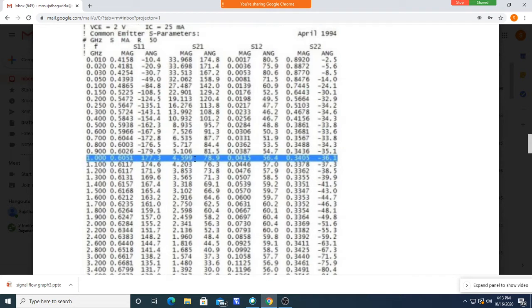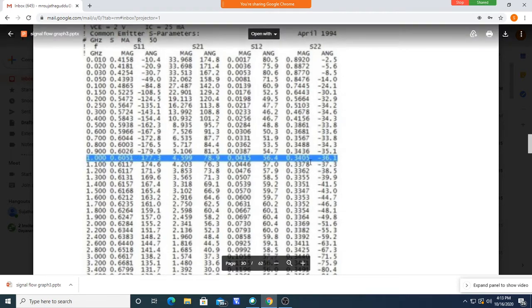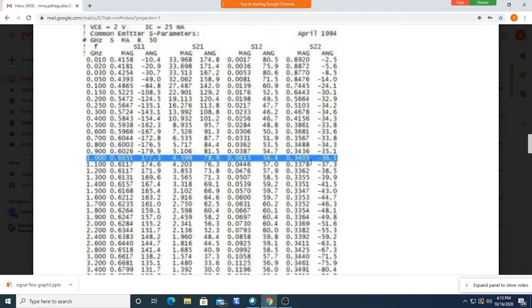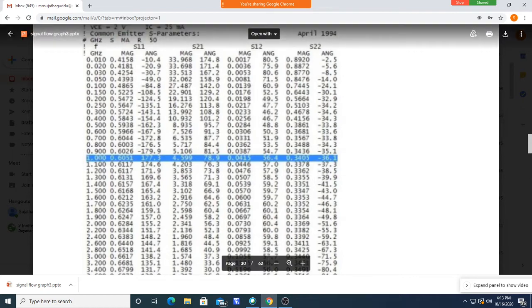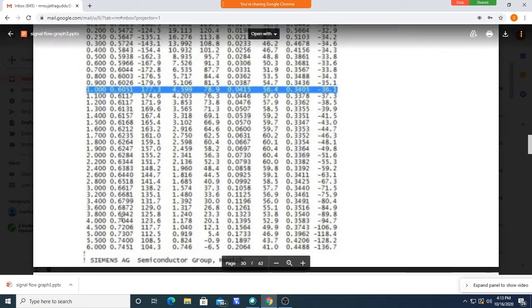Okay, a transistor is used to operate at 1 gigahertz. You select these values, and using these values you should design whatever other components, biasing, or it may be an input matching network, output matching network, and all others should be designed by taking S parameters at 1 gigahertz.